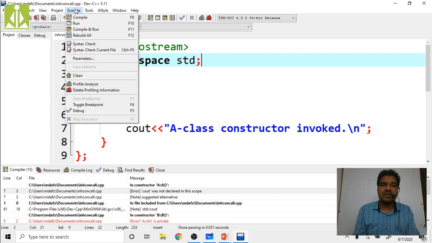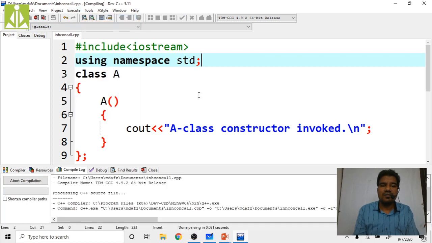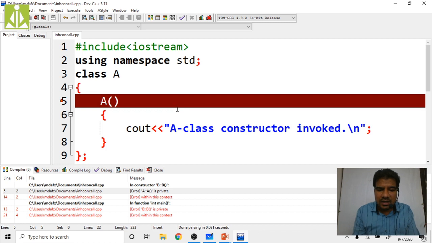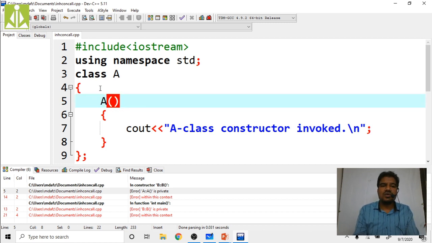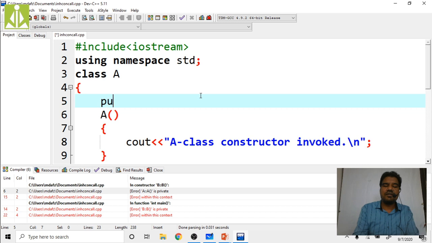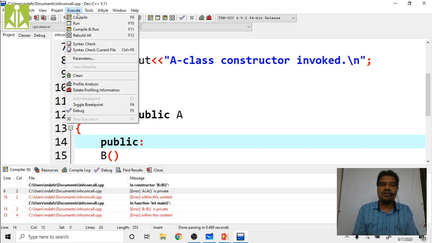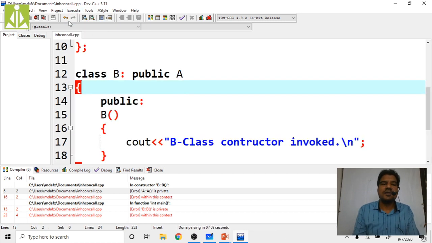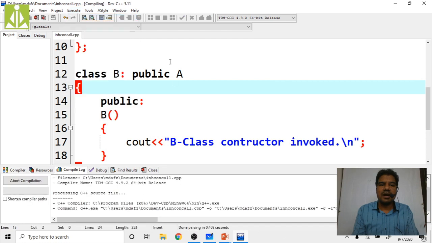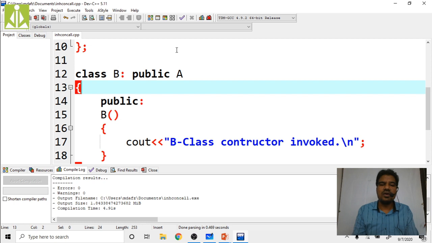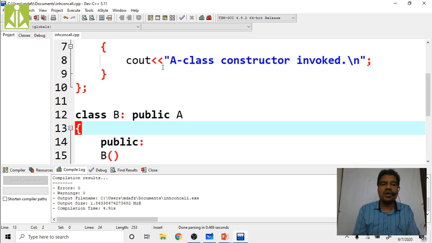So now we will compile. Again there is another error. So we have to write the constructor definitions in the public area. Already I told you we have to write the constructor definitions in the public area. Why I am generating these errors is so that you will understand something. Whenever we get errors, only then you will understand. So now compile, quickly see, do we have any more errors? Hopefully no errors now.